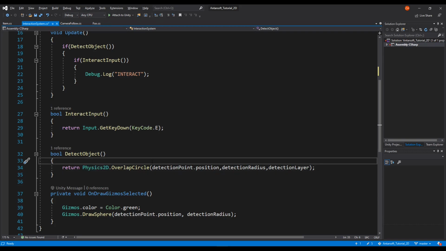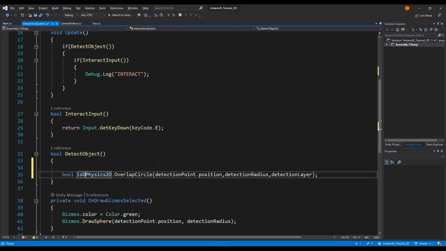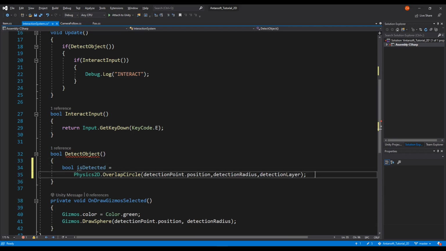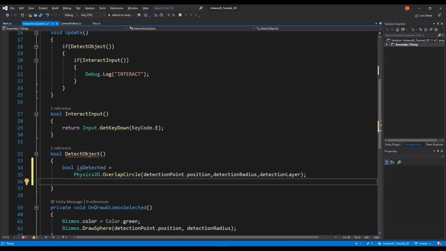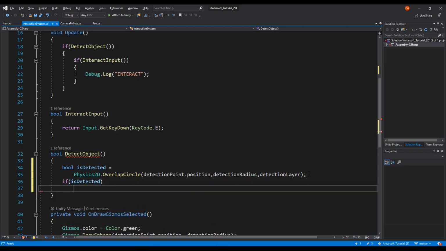Actually, you know what, it's not that important. So what we can do is we're going to make it more sophisticated. We're going to add is detected and assign this to it, right? And then what we're going to do is if is detected, we're going to have this